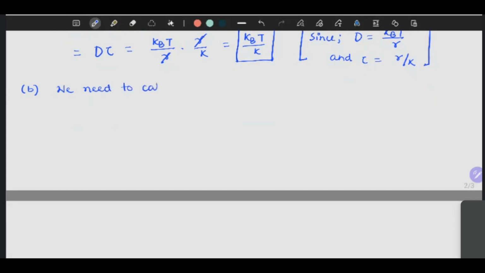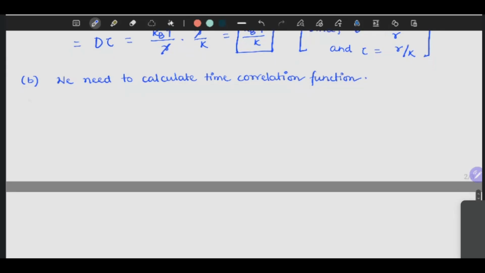Calculate the time correlation function. Okay,